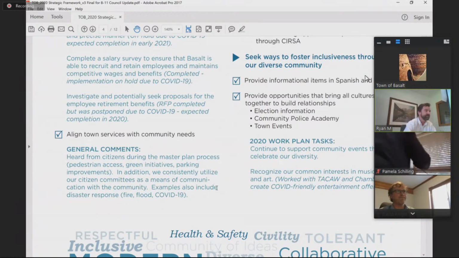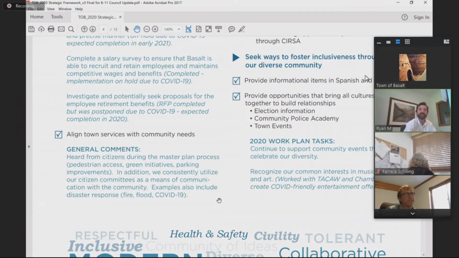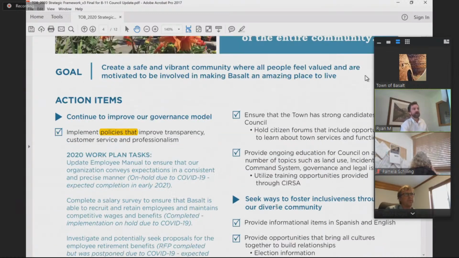And then also, fortunately or unfortunately, it's response to natural disasters that we've experienced, so fire, flooding, and now COVID-19. And so, an example of something that's just become somewhat of a mainstay service and will continue is wildfire mitigation and how we treat that going forward. So, moving on,